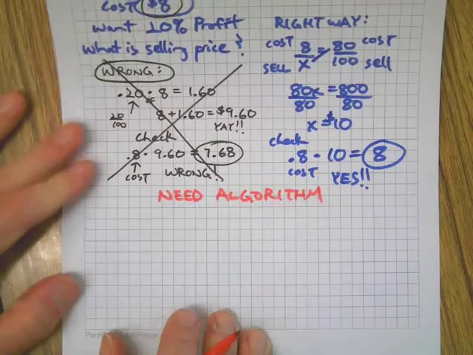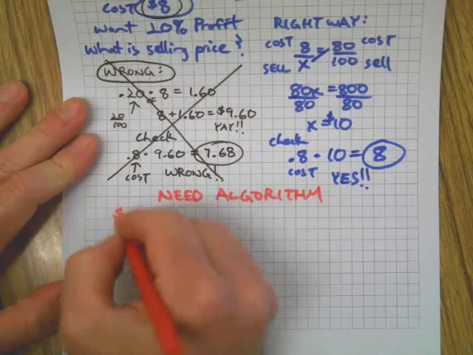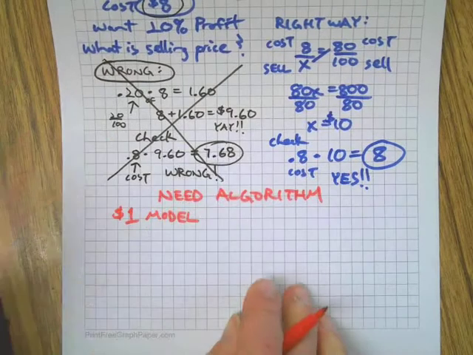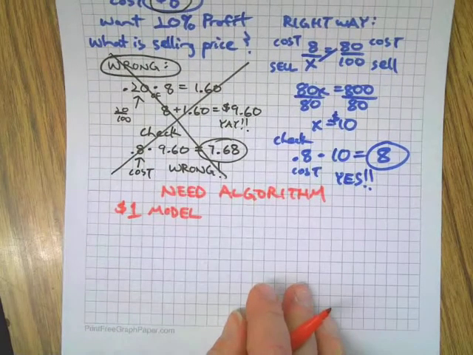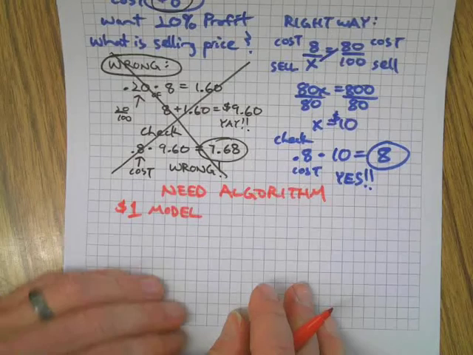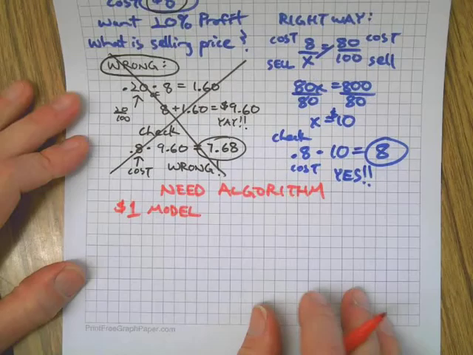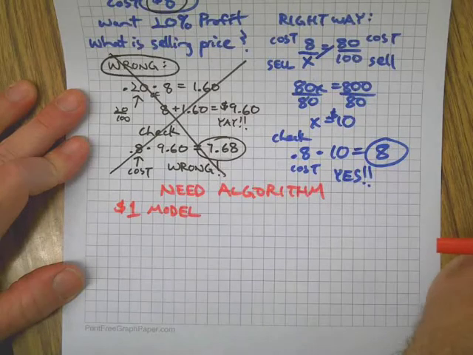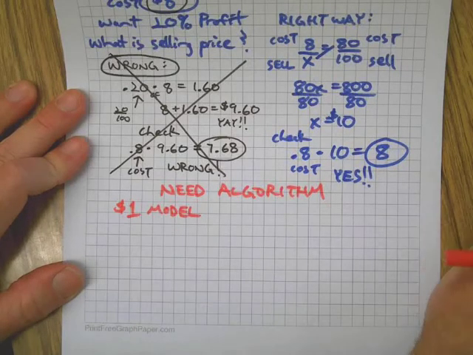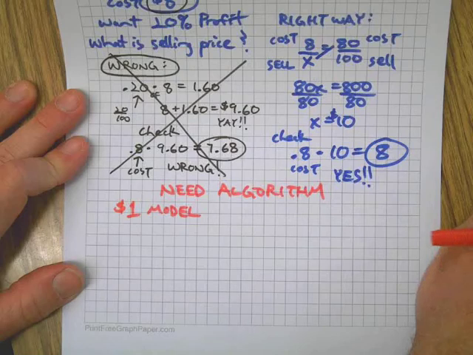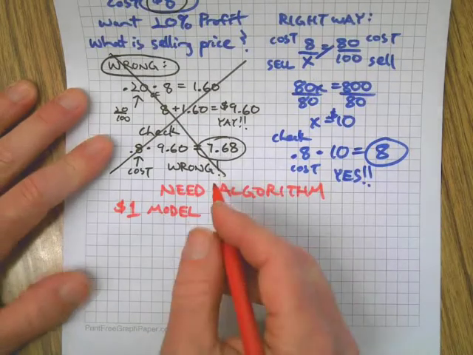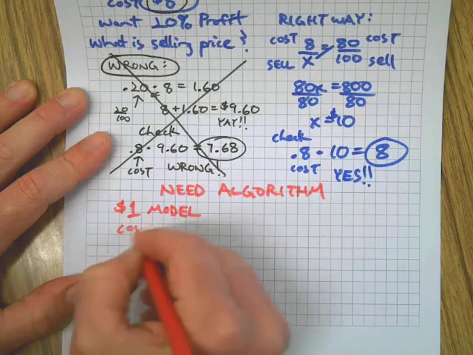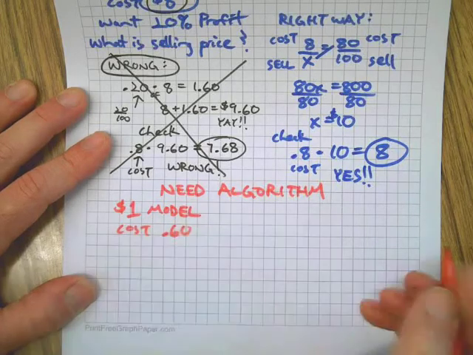Okay, so I like to use what's called the $1 model. I don't know if it's actually called that, but I'm going to call it that. It's just a very simple way of breaking down problems like this so we can understand. I think to learn something like this, you need a problem where you already know the answer, where you can do it in your head, and then we can extrapolate that or convert that into something that works for more complicated problems. So, if I have a cost of 60 cents,